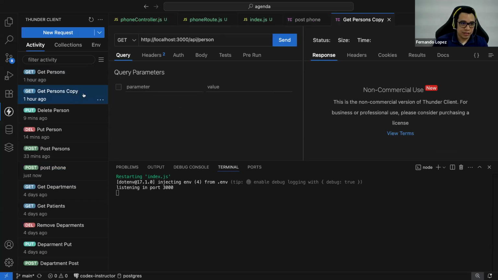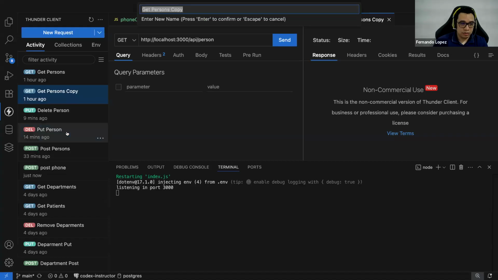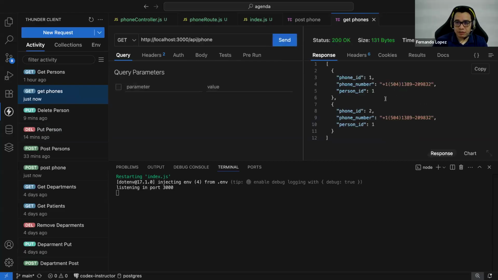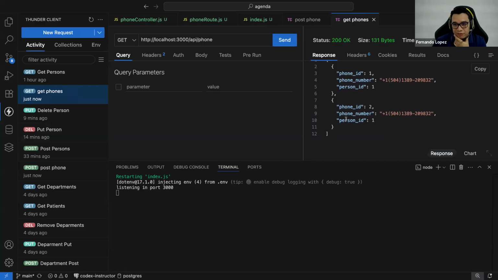Let me rename this as get phone. Now this will be the endpoint phones, or phone, sorry. And if I get the phones, I mean, I duplicate the phone. It's my mistake because I hit send twice.